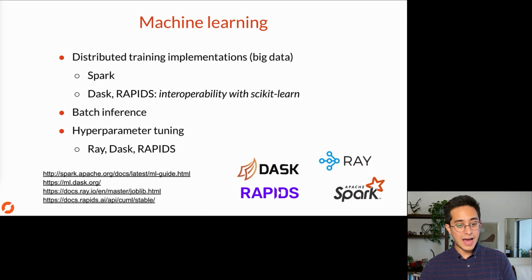And if you have that trained model, when you're doing parallel computing, you're probably doing parallel batch inference, or you're probably doing some sort of hyperparameter tuning or ensembling, and that's when it gets really interesting, and that's when you probably will need a lot of these tools.